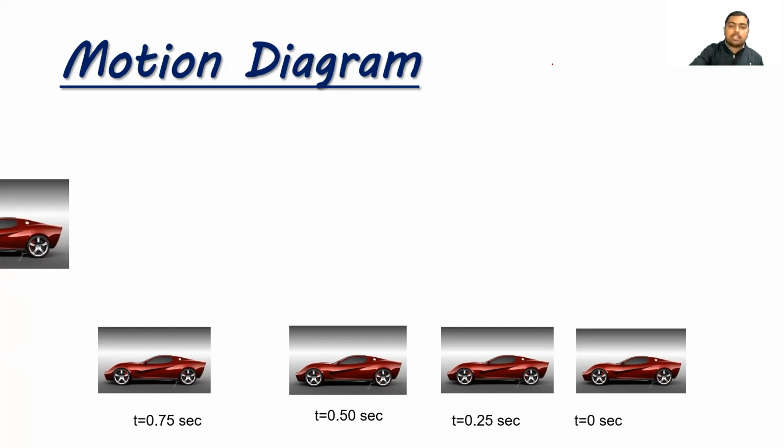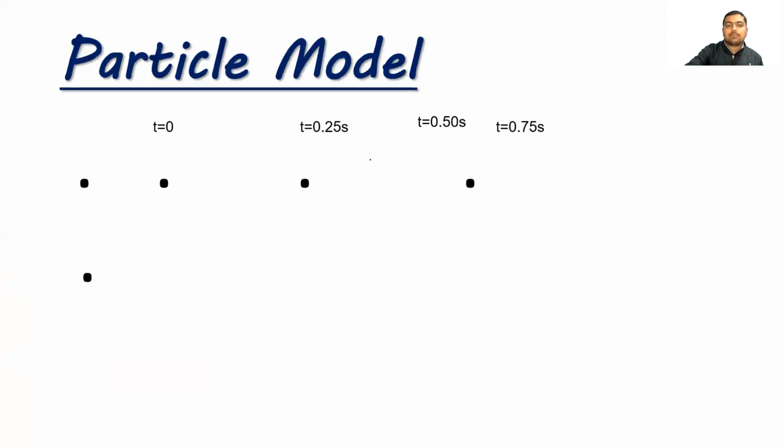Next example we can take. Now, see this particle. This particle is at rest with time. Time is increasing, but the particle's position does not change. But when we change the position of the particle with time, then we can say the particle is in motion. So I think you will understand motion and rest and how we can differentiate between these two.